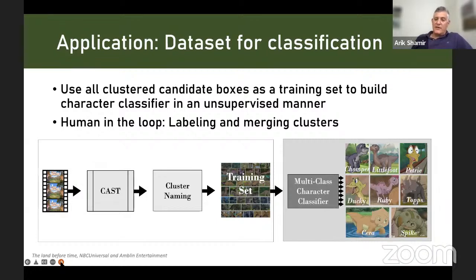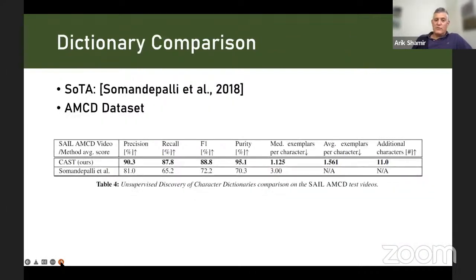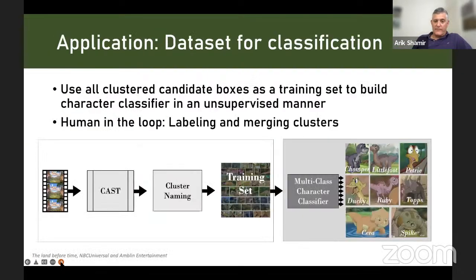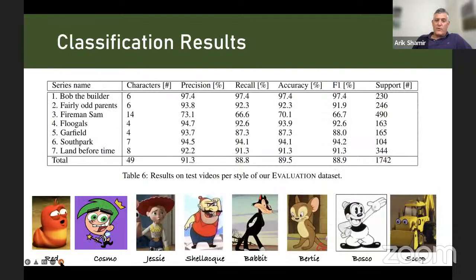So basically, the user only needs to name the characters that we found in the dictionary, and then automatically we can build a training set and use a multi-class classifier to classify all the different characters in the movie. We tried it on various animation styles and got very good results, almost above 90% precision most of the time, and high recall as well.